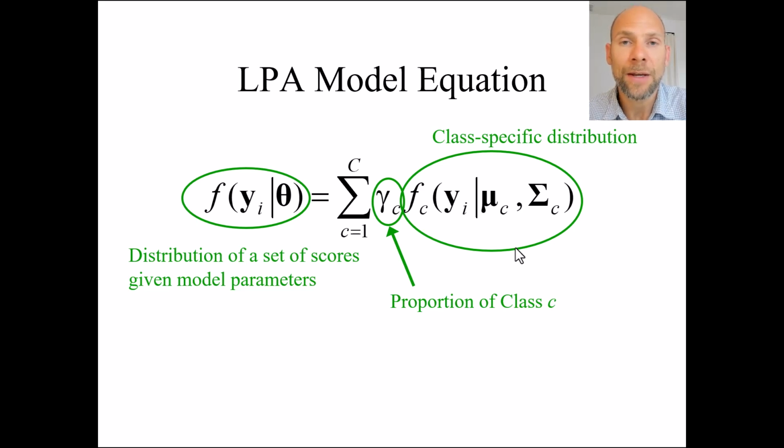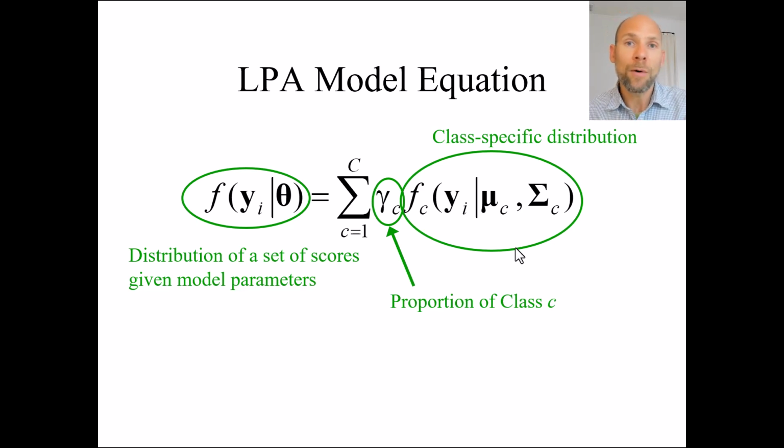So there are these different types of parameters. The class size parameter is key so that we can learn how large each class is, the relative size of each class, and then we are interested in the class-specific means so that we can look at our profiles and compare the profiles across classes, and then also we could model the covariance structure as well